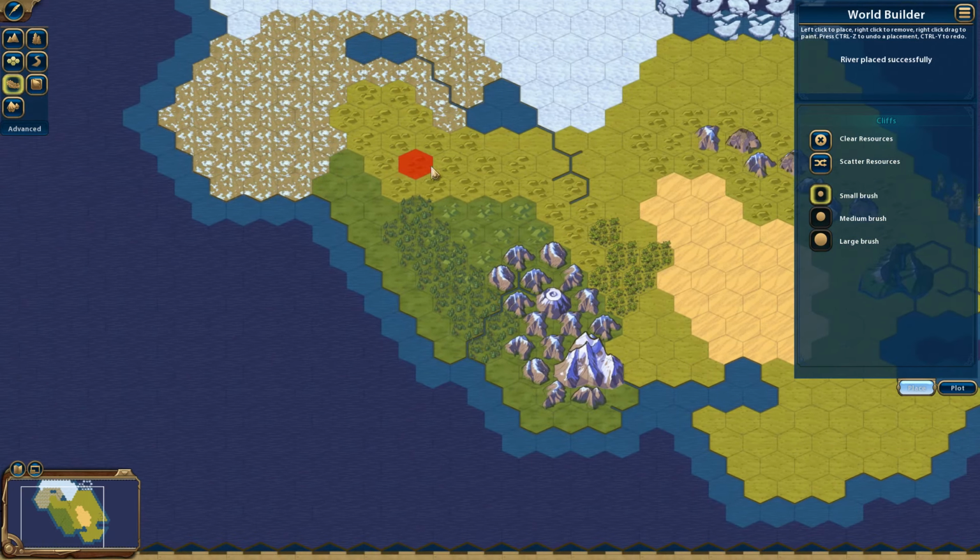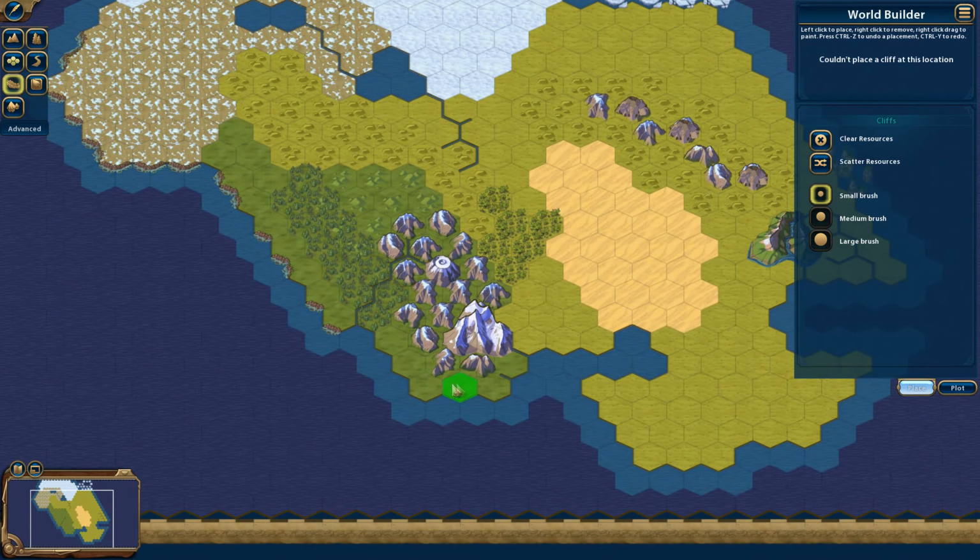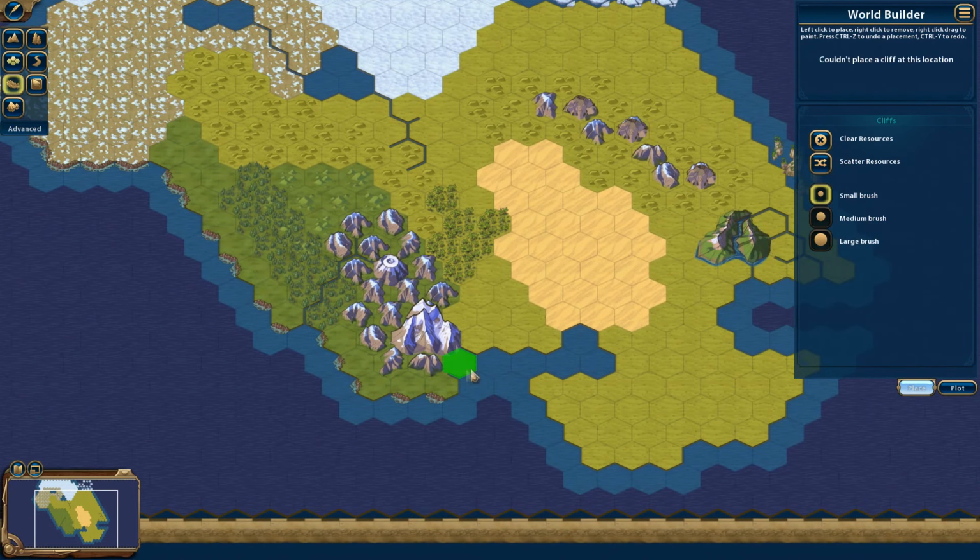Okay, cliffs. Cliffs operate pretty similar to rivers in how they're made. You kind of have to click on the edges themselves, which for some people is probably fine. For me, it's something that I find very annoying. Again, you can do the painter style. I actually like to do that sometimes because it gives almost a natural feeling because there's just kind of cliffs